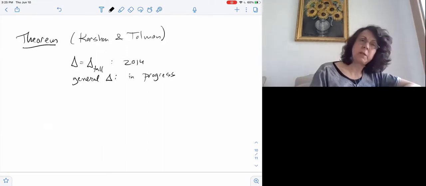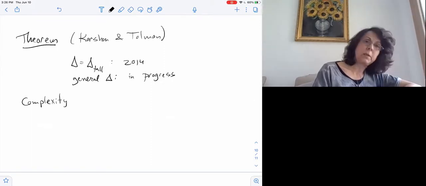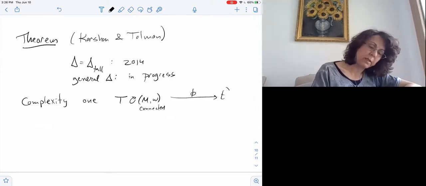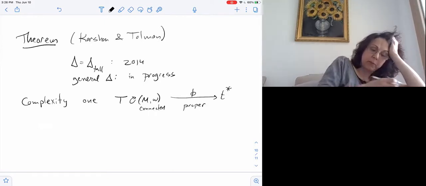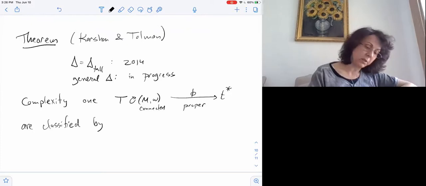So what does this piece of the classification theorem tell us? Take a complexity 1 Hamiltonian T-space with the usual assumptions. So M is connected. The momentum map is proper. You can get away with less than that. You can assume that the momentum map is proper as a map to some convex subset of T star. This is actually a useful assumption when you want to break the manifold into little pieces, preimages of little open neighborhoods. So these guys are classified